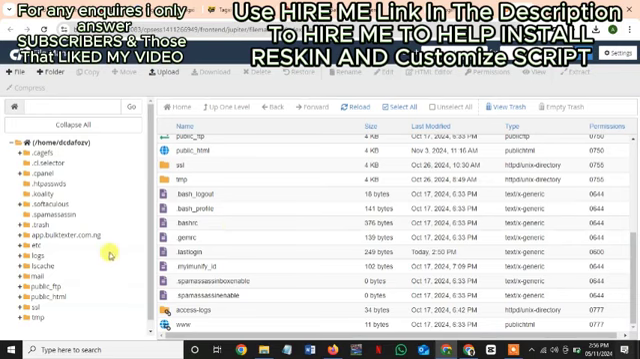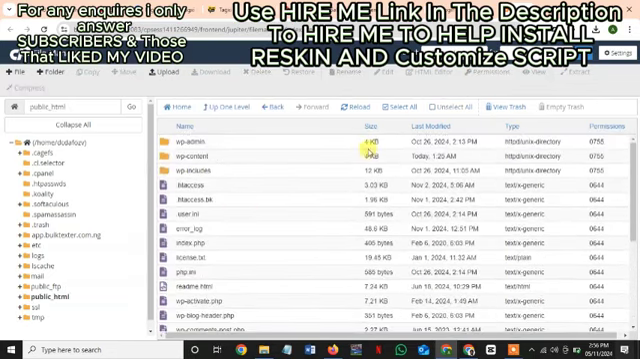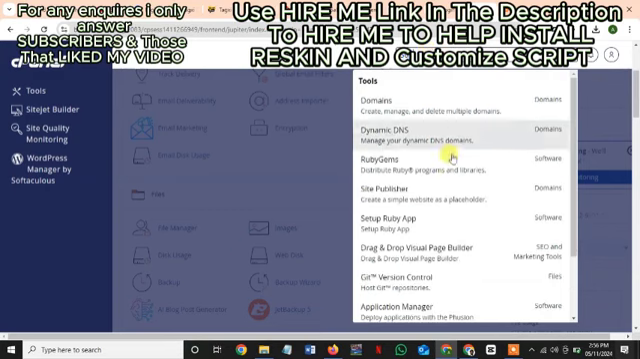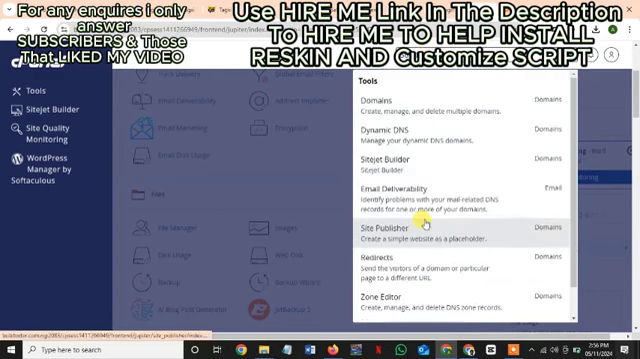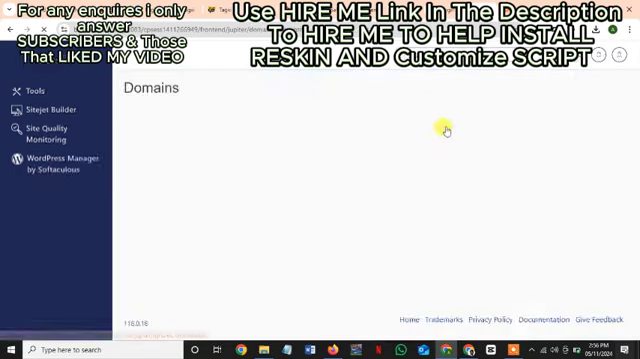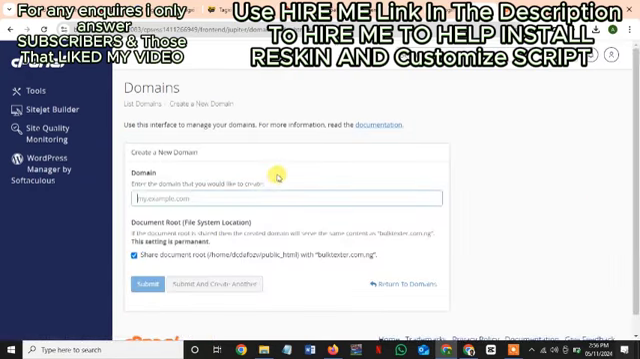For me to upload it, normally you need to upload it here in your public HTML. But I already have a website that is running there at the moment, and I don't want that. So what I'll do is create a subdomain for that. Let me create a subdomain. There's the domain section, and in here I would create my subdomain. Let me quickly create a simple subdomain. Let's call it Zender